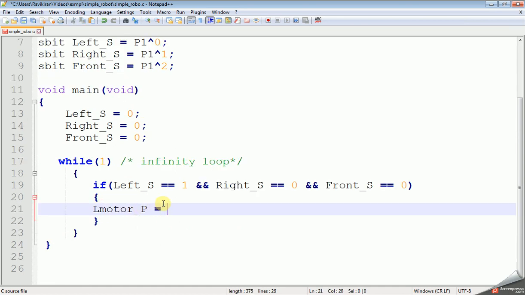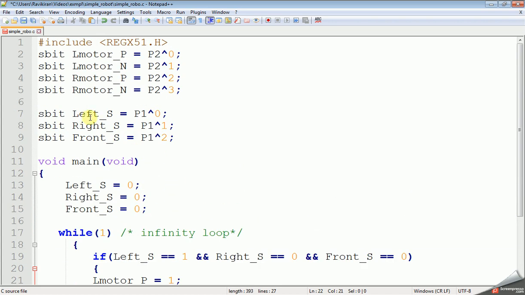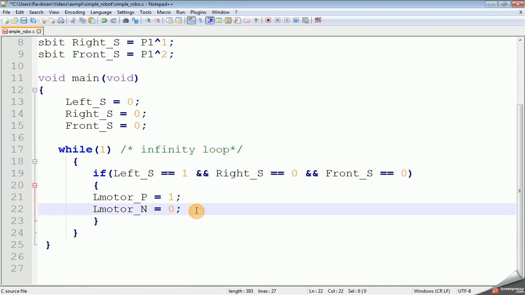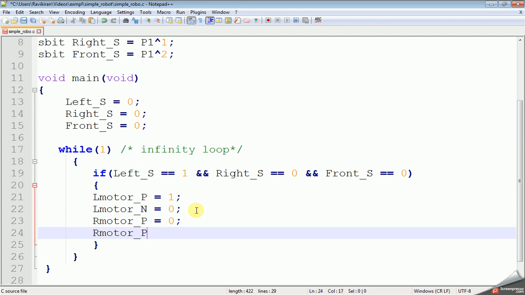Left motor positive terminal 1, left motor negative terminal 0, 0, 1. So this logic is for whenever the left sensor detects, the robot has to move to the right side.